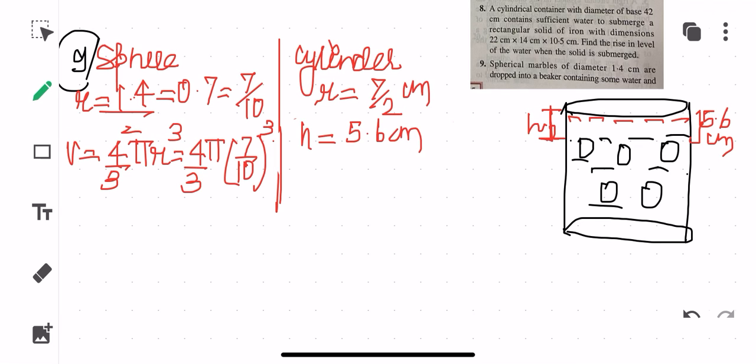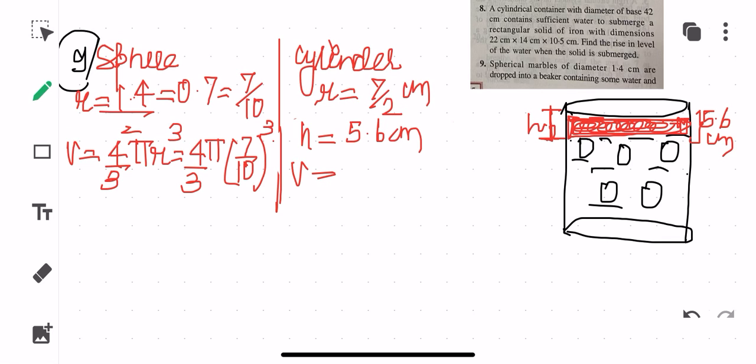So what will be the volume? You have to remember, children, we are not considering the entire volume. We are considering only this much volume which is there, in this particular surface. Because that is the only rise in water, and that is because you have inserted so many marbles that this led to the rise in water level. So what is the volume of these marbles, what is the height that has been raised, children? That can be calculated by taking the volume of the marbles.